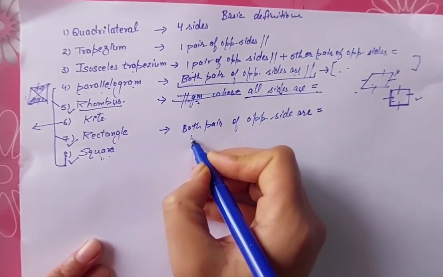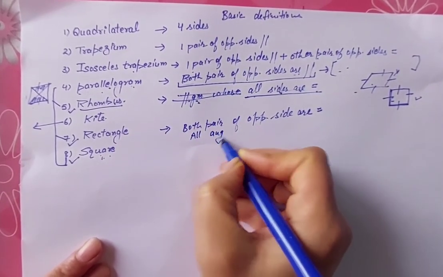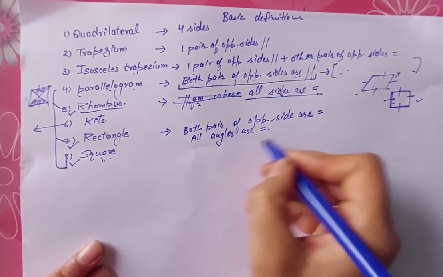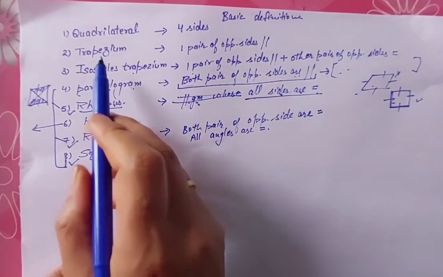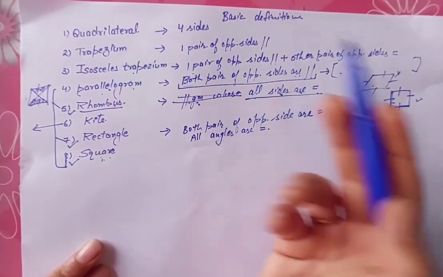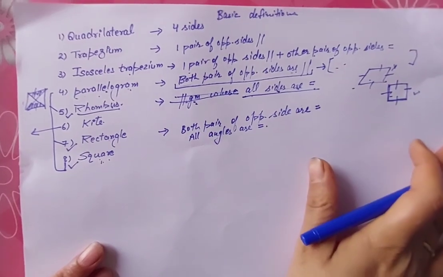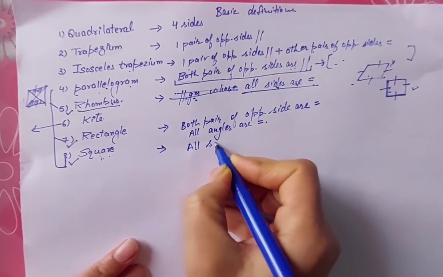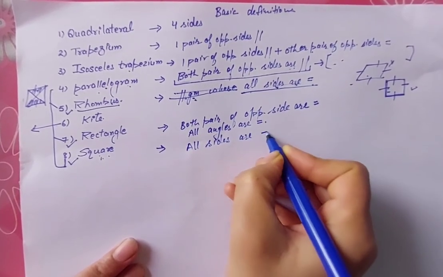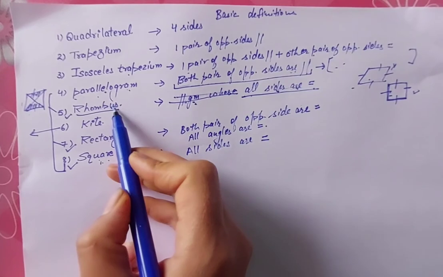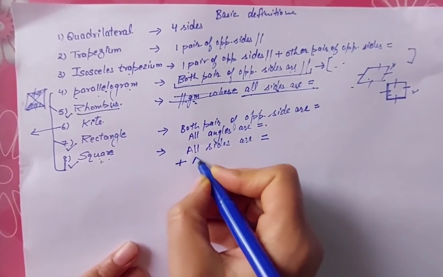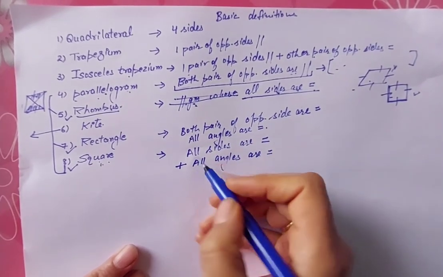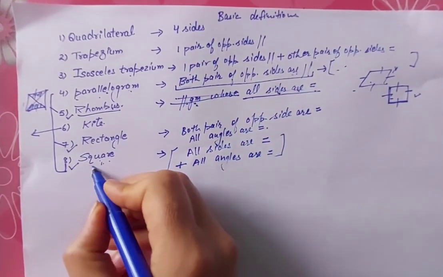ठीक है, यू नीड टू प्रूव दैट ऑल एंगल्स आर equal. That's enough, because if they are all equal, that means they are 90, because the sum of 4 angles of a quadrilateral is 360. Okay, and for a square you need to prove all sides equal. जब आप all sides equal prove कर लेंगे, the figure will prove to be a rhombus. But in addition to that, if you prove all angles equal, then the figure will become a square.